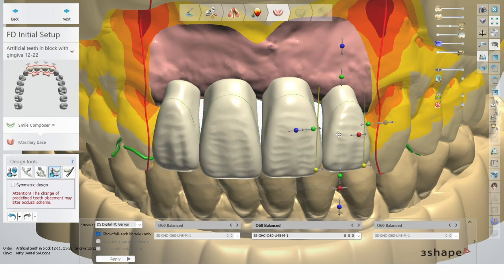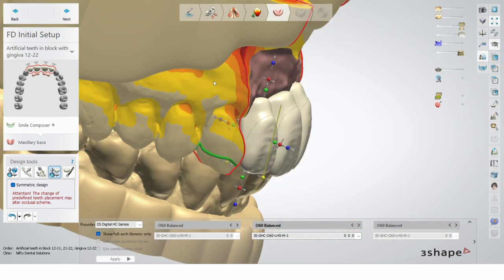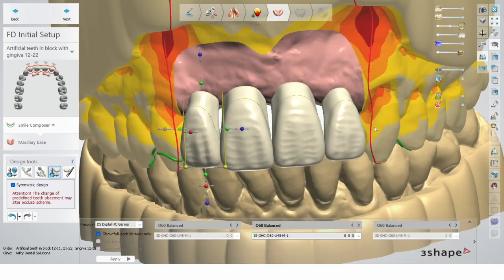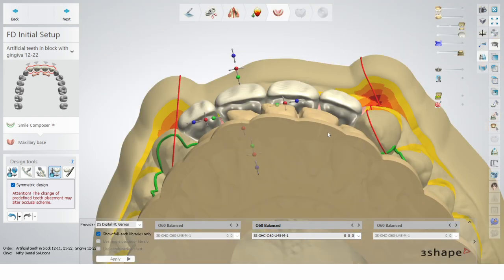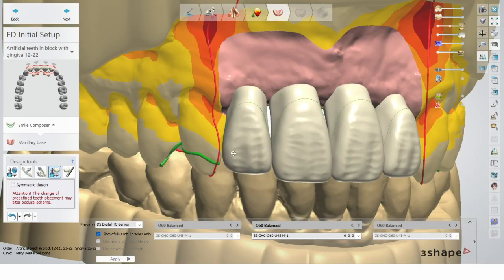Now, another nice tool is this symmetry design, but attention, because sometimes I leave it on, I don't realize I'm working on one side of the mouth, and then I see that it's actually on. Basically every movement you do on one side is going to happen on the opposite side. So it's really good if you control it because I can decide length and do movement at the same time, which is very handy, especially for symmetry and for the anterior teeth. But don't forget to untick it where you don't need it, otherwise it will put you in trouble.